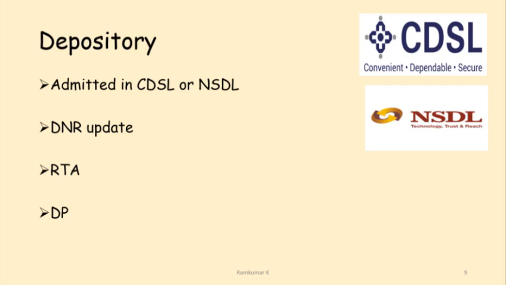The next step is to go to the website of CDSL or NSDL to see if the company is admitted with the depository. Admitted to the depository would mean the company has an ISIN, making the further process easier as demat is always done basis the ISIN number. After finding out that the company is available in the depository, you should check the list of companies which have not completed the compliances in terms of providing the distinct number ranges, that is DNR, etc. If the DNRs are not updated in the depository, the process of demat is likely to take more time or may be rejected by the DP or the RTA.